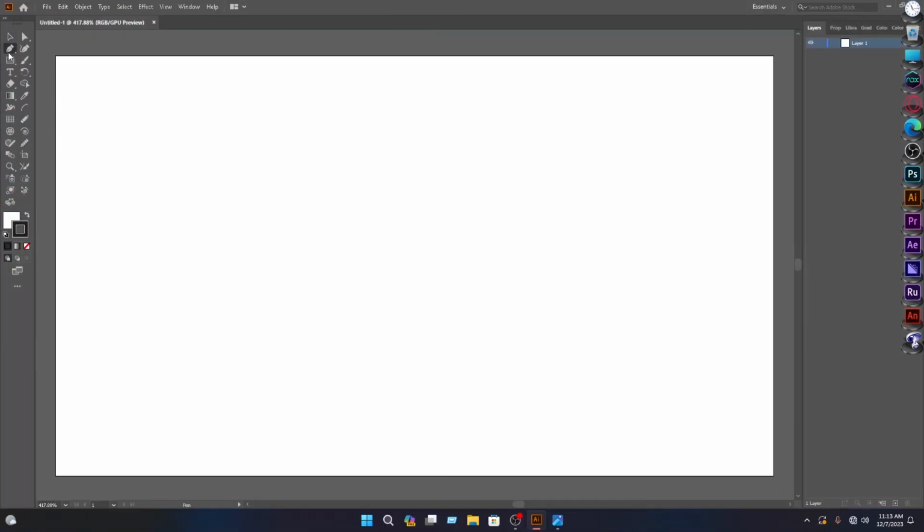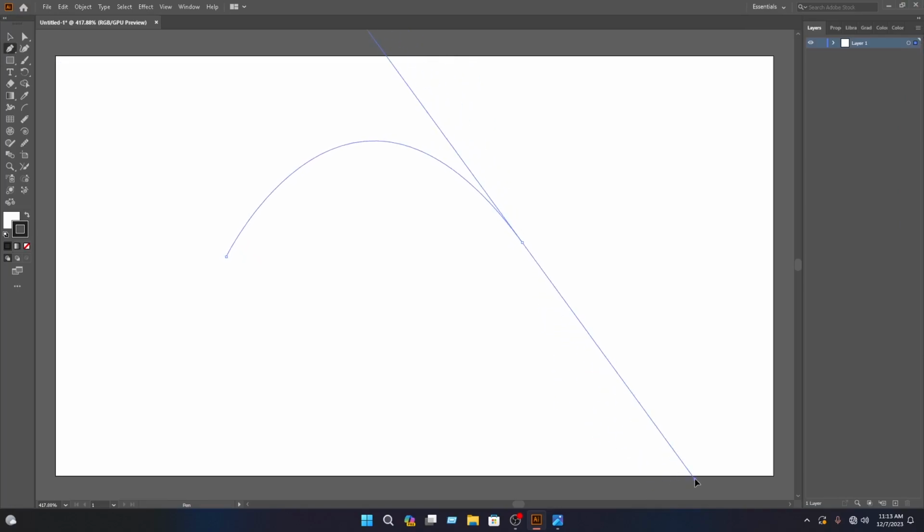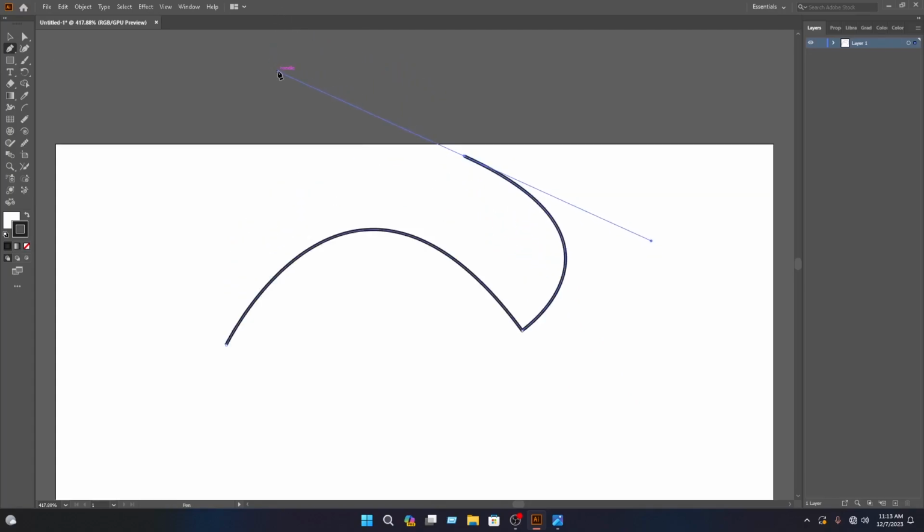After set up the page, you have to select the pen tool, then you have to click on here, then you have to click on here and a curve, then press and hold alt key, then click on the anchor point, then you have to click on here and draw a curve again, then you have to click on here and draw a curve again,